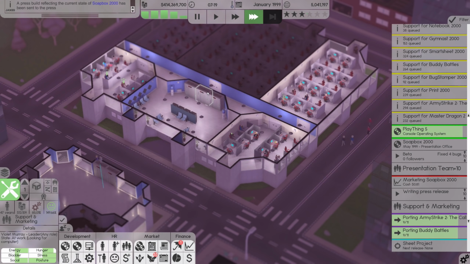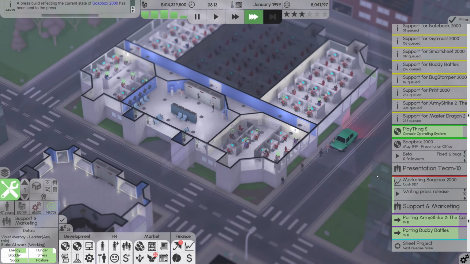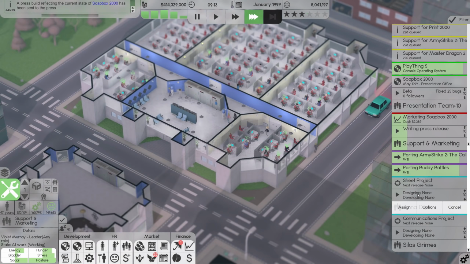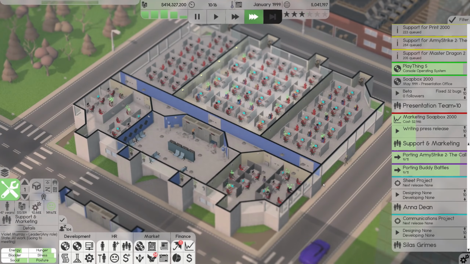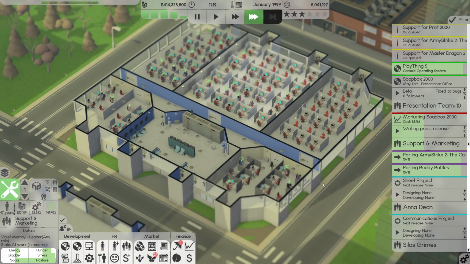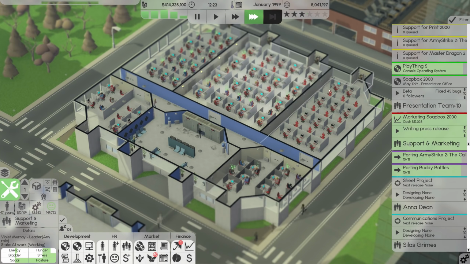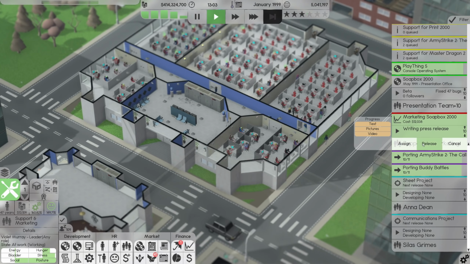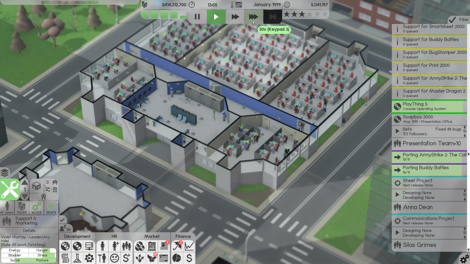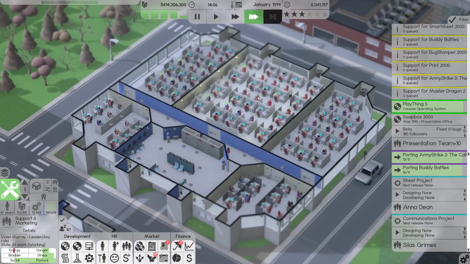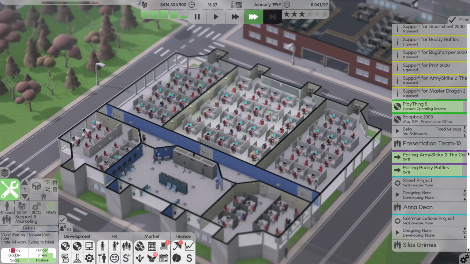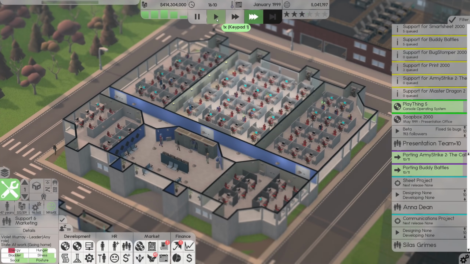So go ahead and speed things up a little bit and try and get that, there we go. That press release is going to take no time whatsoever, which is fantastic. So yeah, we'll get that thing out and we'll see if we can't make this thing as good as it can possibly be. So release that. And yeah, it has a few followers and it's climbing a little bit. I'm hoping that the good old, what do you call it?